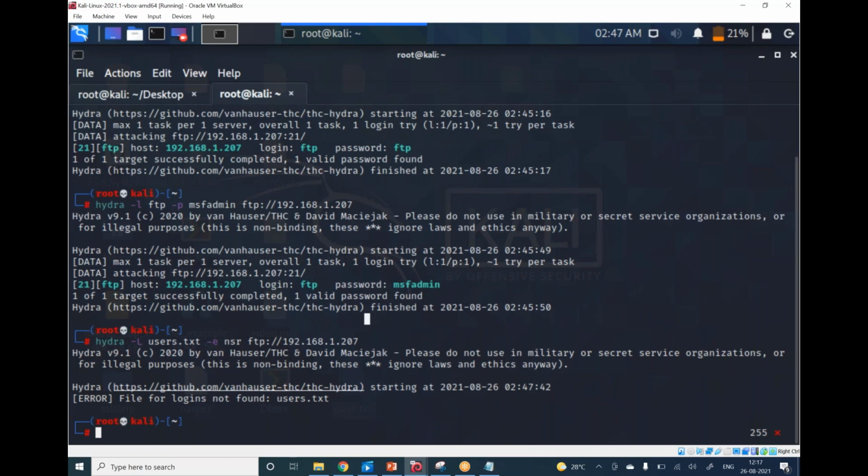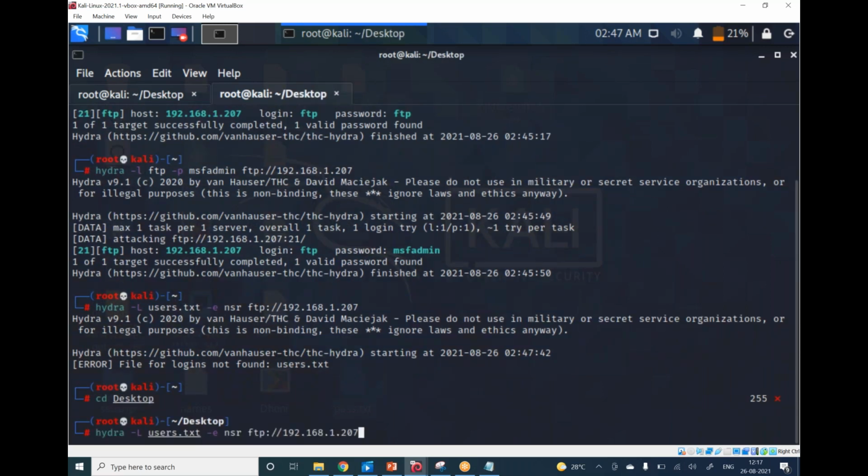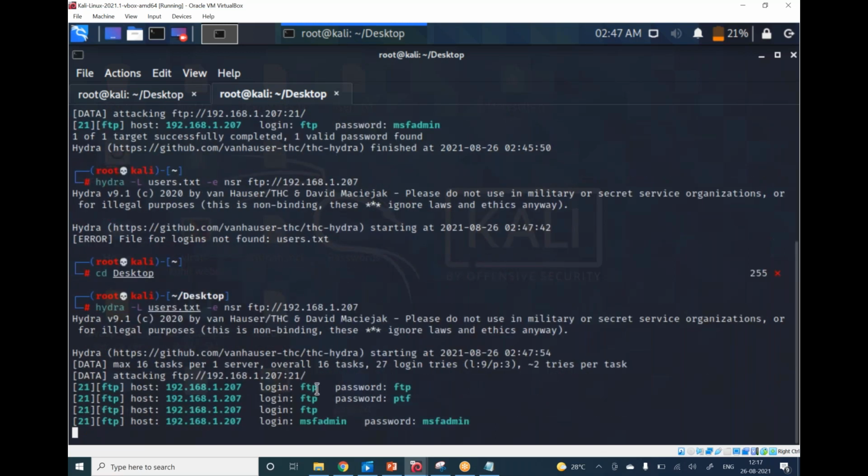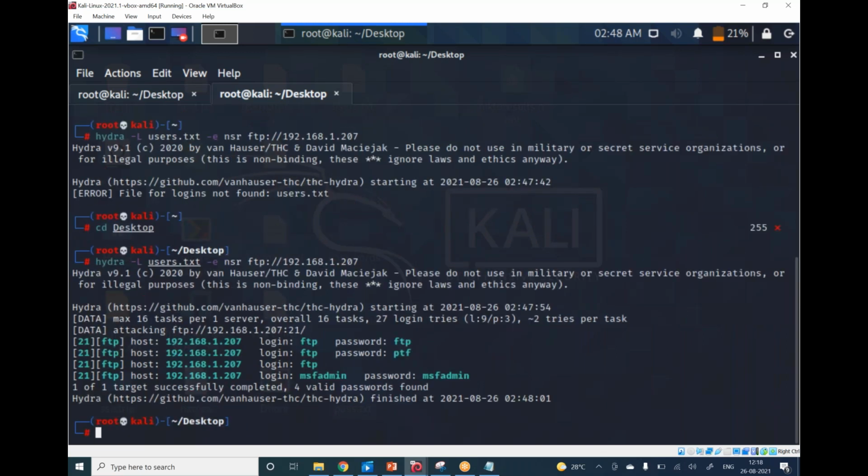Again, there's a problem because users.txt is on the desktop, so don't forget cd Desktop. Control Shift V and enter. See, it tried ftp, ftp, reverse of ftp, then it tried ftp null, and it also tried msfadmin, because that's there in the word list of users.txt.